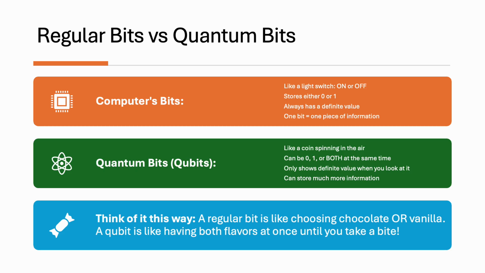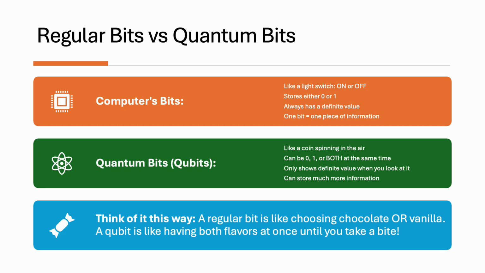Similarly, a qubit is not just uncertain or unknown, it genuinely exists in both states simultaneously until we measure it. This is fundamentally different from just not knowing which state something is in. This difference in reality might seem subtle, but it is revolutionary. A regular bit gives you one piece of information, but a qubit can explore multiple possibilities at once. When you have multiple qubits working together, this advantage grows exponentially.